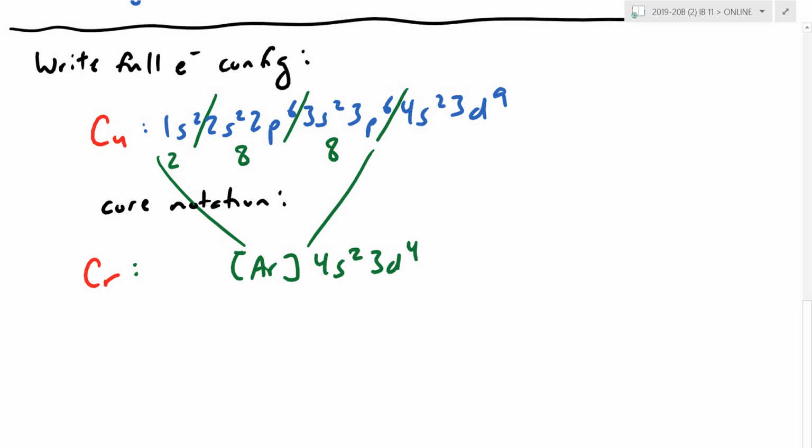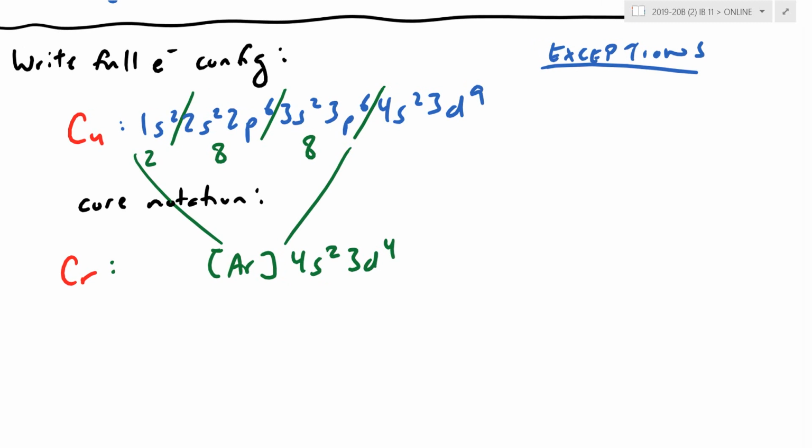These two are exceptions, so you want to be really careful with them. These are the two that I want you to memorize as exceptions. These don't follow the rule. And the exception actually comes in, again, because the 4s and the 3d for each of these elements,